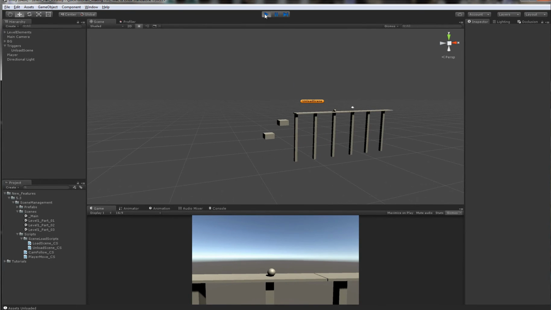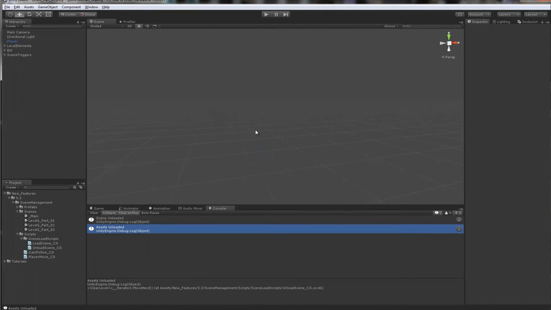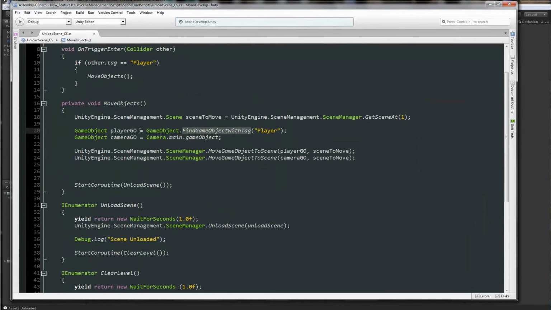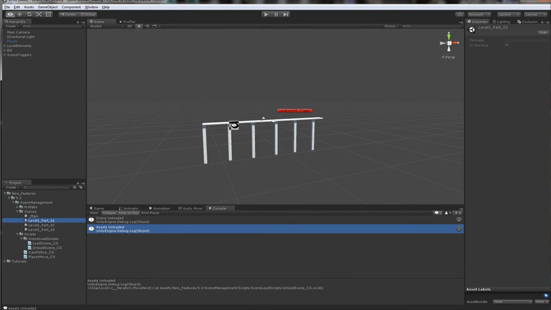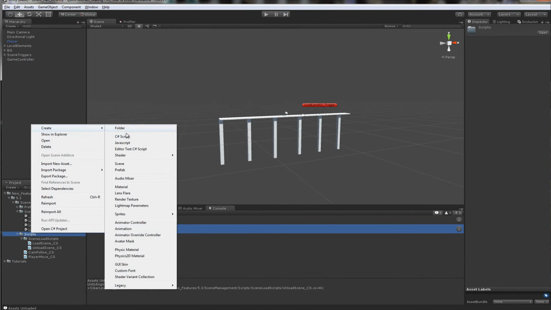Now, if you want to move more stuff, for example, I'm finding the game object here, the player, and so on, you can make one simple game controller which has an array of game objects, and then find only the game controller and access all these objects and loop through them. So I can quickly do that. For example, in scene 1, create one empty game object and name it game controller. Make one script here,